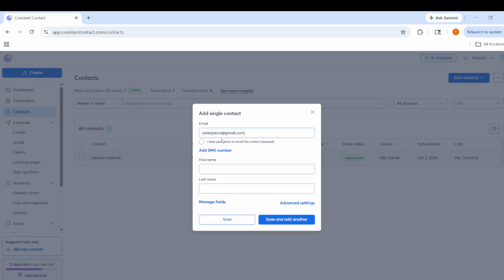You will now see fields where you can enter your friend's information. Type in their email address, first name, and last name. Be careful when entering these details, especially the email address, since even a small typo can prevent messages from being delivered properly. It is a good idea to quickly review the information before saving, just to make sure everything is